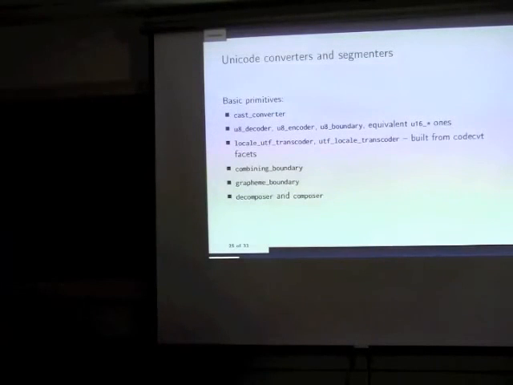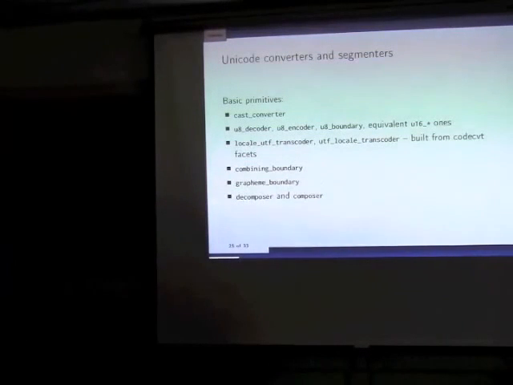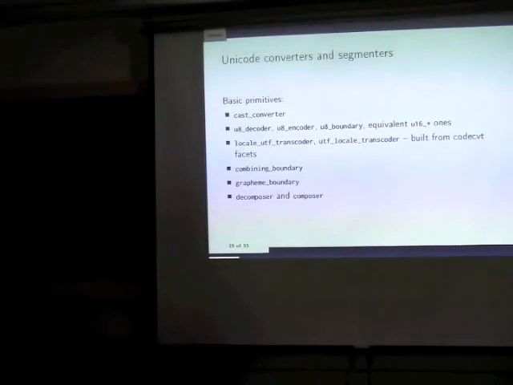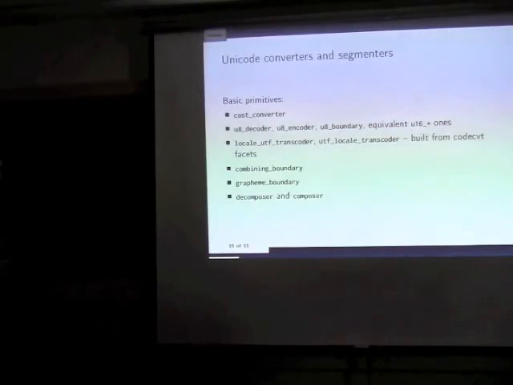It's UTF because it returns wchar_t, which we don't know exactly what it is. It is either UTF-16 or UTF-32, depending on the implementation. Then the combining boundary tells you whether you are at a combining sequence boundary, and the grapheme boundary tells you whether you are at a grapheme cluster boundary, and